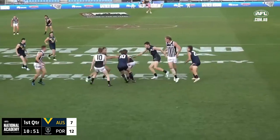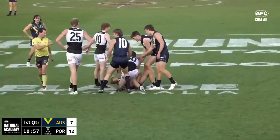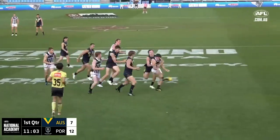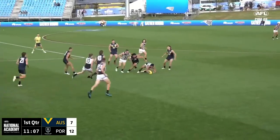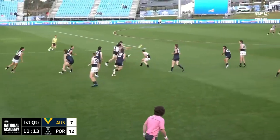Rucking duties for Australia at the moment, Will Green, another Northern Knights product, alongside Nate Caddy, the only goal kicker for Australia so far. Good test for him in ruck. Hayes has been doing a fair bit of it for Port Adelaide, so gets to go up against an AFL listed ruckman. There's Will Green,